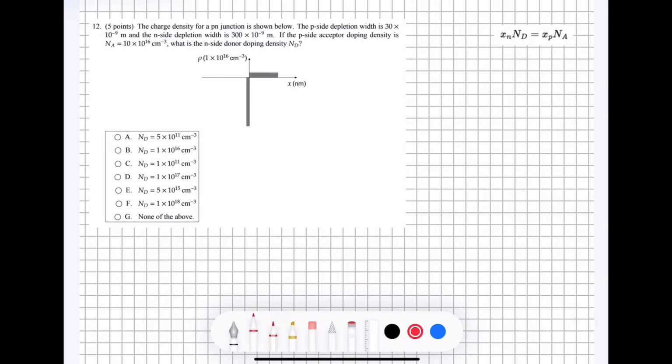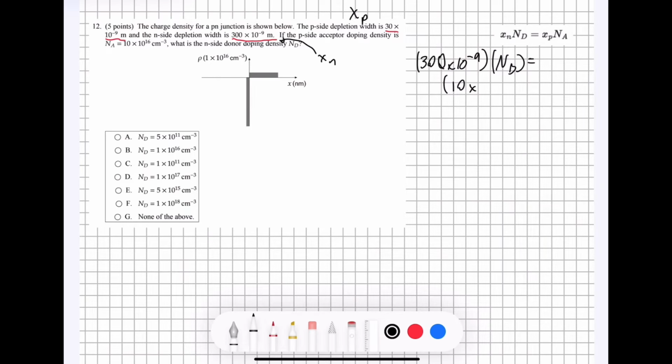We're told that the P-side depletion width, which is XP, is going to be equal to 30 times 10 to the negative 9. And the N-side depletion width is going to be 300 times 10 to the negative 9. And if I could write that in there, that would be Xn, because X is the width in this situation. So if we're plugging that into our formula that we have up here, you're going to write 300 times 10 to the negative 9 multiplied by Nd equals